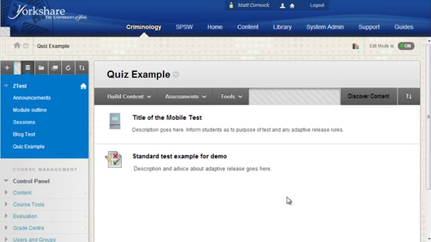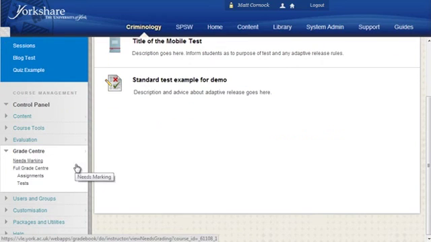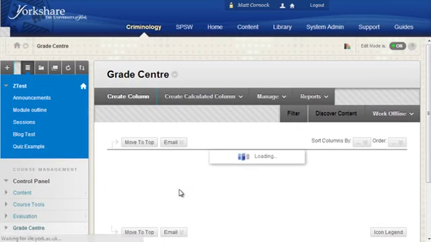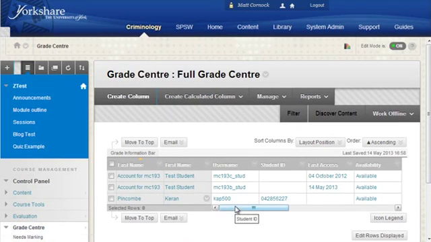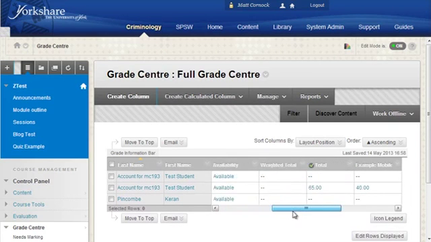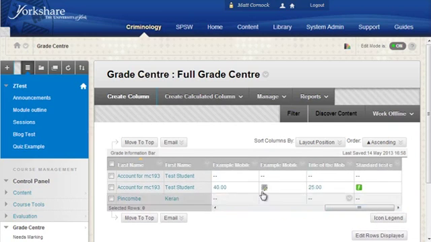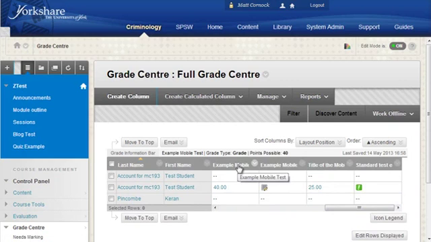The quizzes also have the function of viewing students' responses, and you can do this as an instructor within a VLE site. If you go to the Grade Center from the control panel and choose Full Grade Center, this is the easiest way of seeing lots of different responses. If you scroll along, you will actually see that your new quizzes have columns available, and here we can see my example mobile test features there